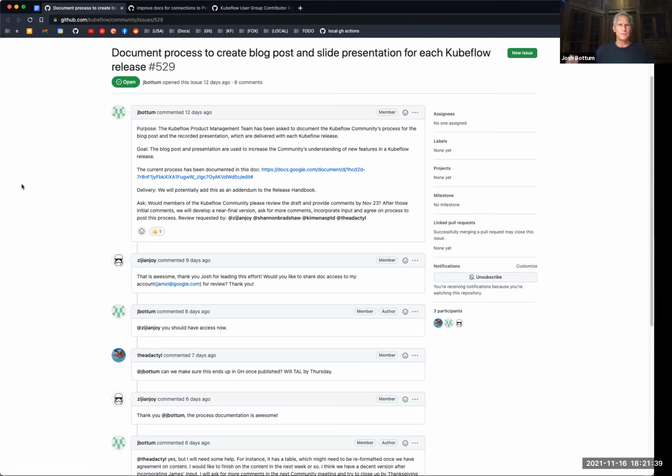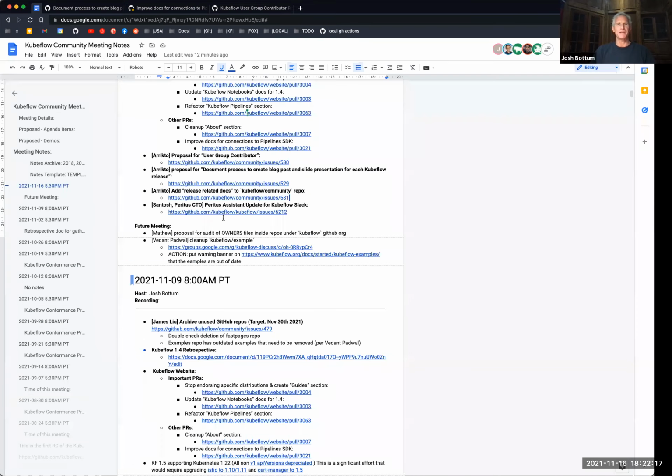And I have a particular way. I would like to thank for this because I think there was some thrashing around as you're starting to learn this process. And writing down the process made me see where maybe I was doing extra work. So probably still extra work in there, but we have a documented process, and hopefully people can see, if we want to continue to have for each release both a blog post and a video presentation, that there is a process to go through and expectations of when you have to start and who needs to be involved and what resources are needed. So that's all. And so we can document that up and get it up.